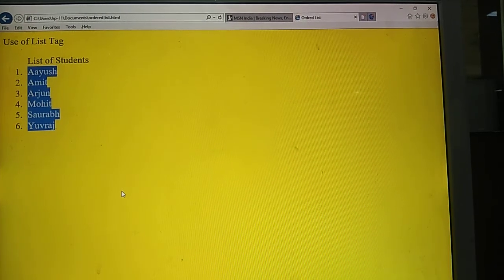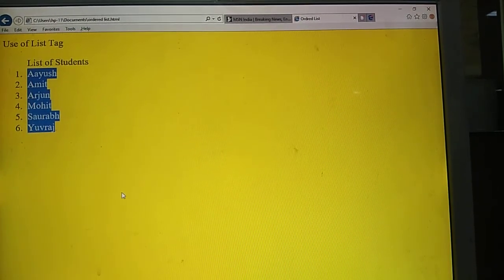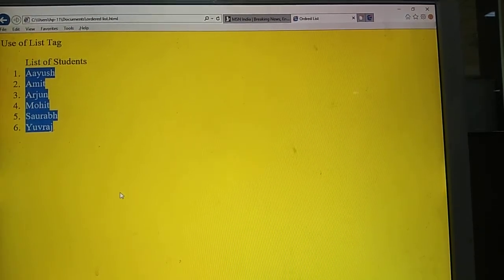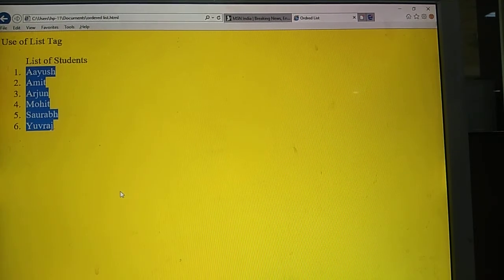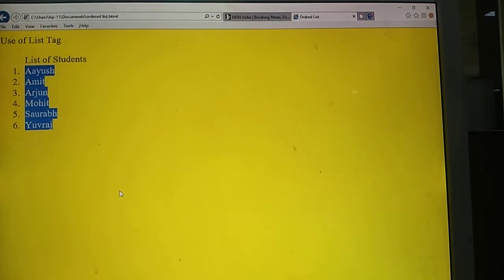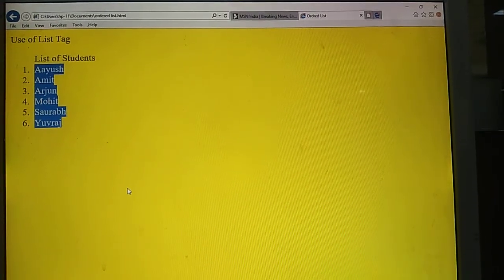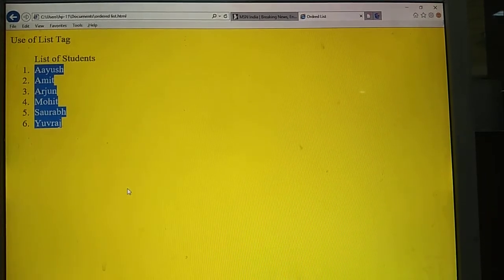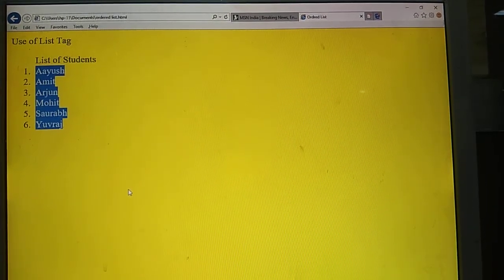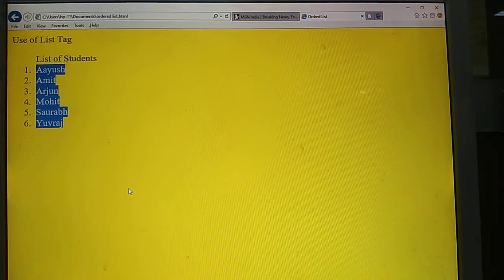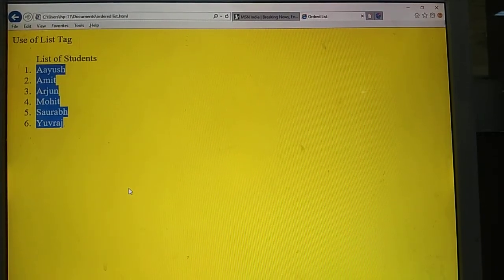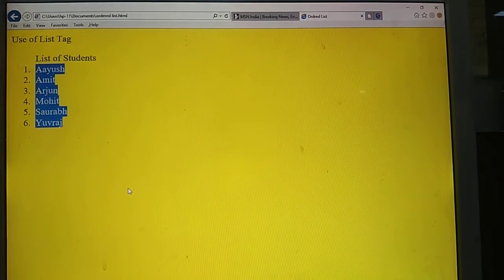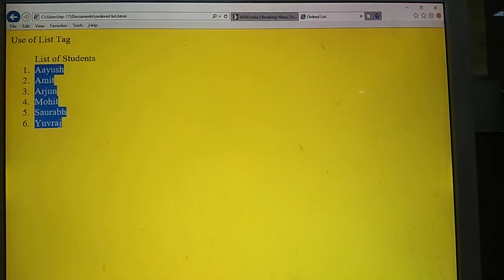Sometimes you do not want only 1, 2, 3. You may want A, B, C, D. It may be small or capital. Or sometimes you want the Roman numbers: first, second, third, fourth, fifth. These can be inserted either in small or capital letters. Means you can say that now you have 5 types: simple numbers, capital letters, small letters, capital Roman numbers and small Roman numbers. You have 5 types. How can we change these 1, 2, 3 with the Roman numbers or any alphabet? Now we are coming to that.